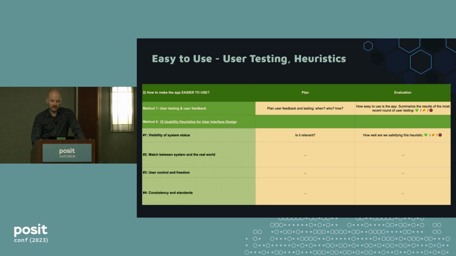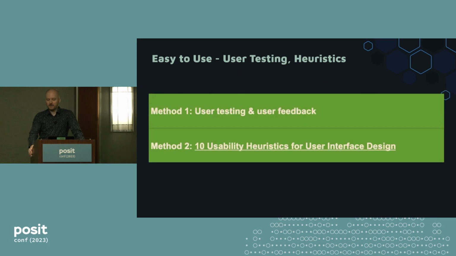The ease of use section includes various methods, and that's the general shape of the tool. In each section we collect various methods that we are experimenting with, and over time we can have conversations. It's not mandatory to use all the methods for all the projects, but it contains options to consider. So, for example, the main two things that we have in the ease of use section is, of course, user testing. That's the same thing that Maria was talking about with prototyping and quick prototyping, showing users.